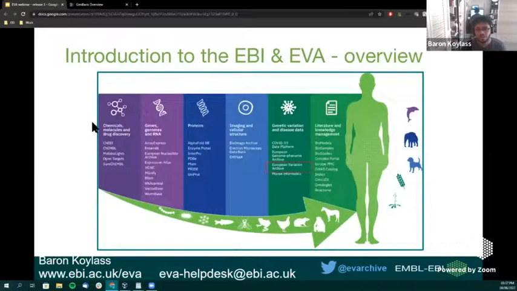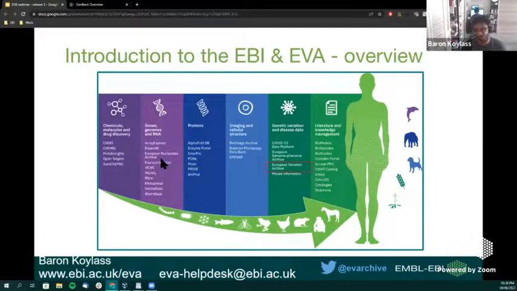And this is our new slide, which details the organization of the teams within the European Bioinformatics Institute. So you can find us in the genetic variation and disease section, along with some other confusing names from different resources, such as the European Genome Phenome Archive, and the European Nucleotide Archive is also in here as well. As you can see, for the genes, genomes, and RNA,